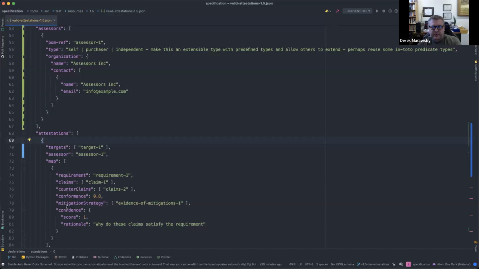If we wanted to just pull together the stuff for one standard, we could do that, or one component. We could get all of the claims and evidence against a component, even if we're not trying to do attestations against a standard. So to me, this does seem very valuable that it is that flexible and open. However, to your point, we are getting a little complicated if we're allowing for that kind of thing. So I'm not sure, but I do see value in this as well.